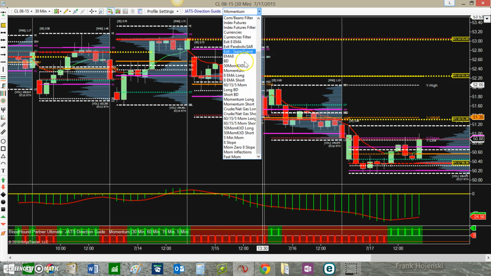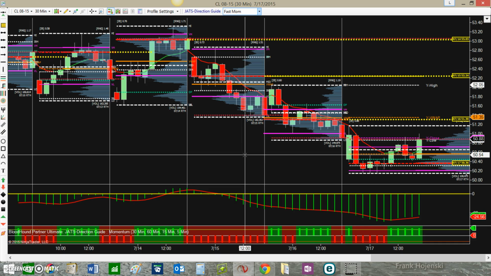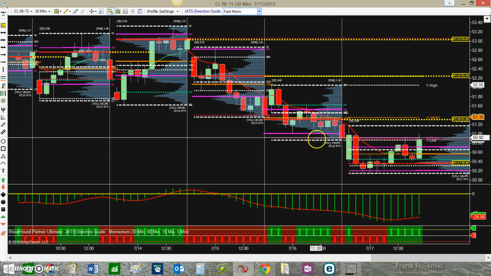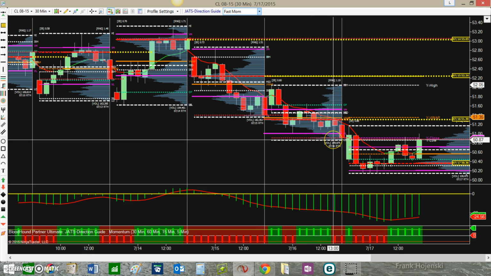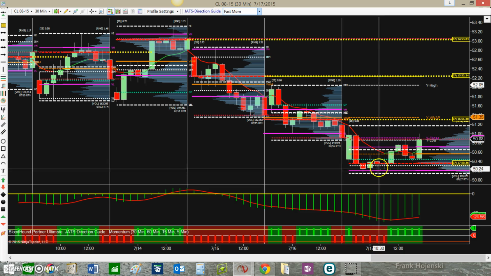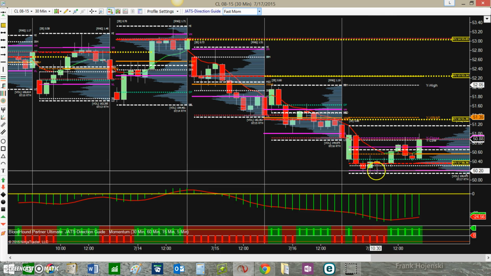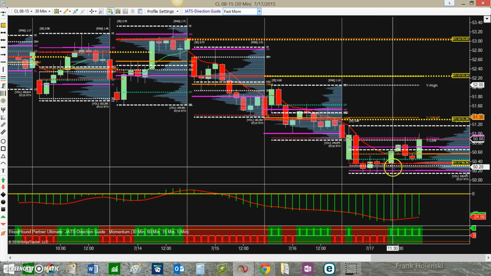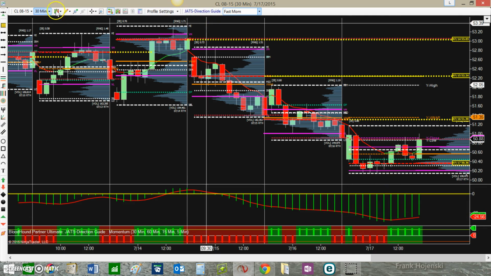You can have a fast momentum filter and move your chart down to an area that you would like to trade. For instance, on this inflection, we got a value area low, and then price is inflecting off of that value area low. That is a good time to change to a tradable chart size, like the 5-minute,